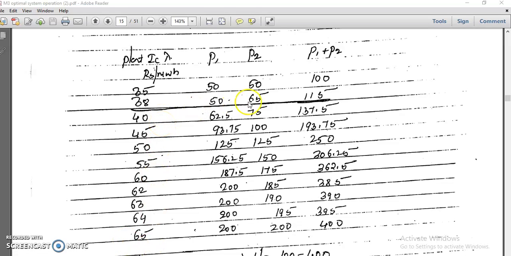And be careful, because in the problem they told us to find the value for 115. But we won't come to know which lambda value 115 corresponds to. For this particular case there is an alternative method, with which we will directly know the value of lambda for 115. I'll tell you that another method. First we'll go with this table. Afterwards, once we do the analytical method, you can directly substitute lambda here so that it will be easy to form this table.